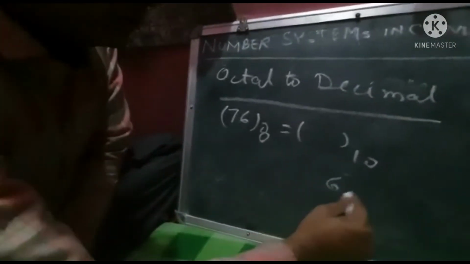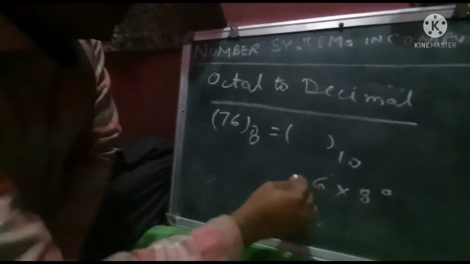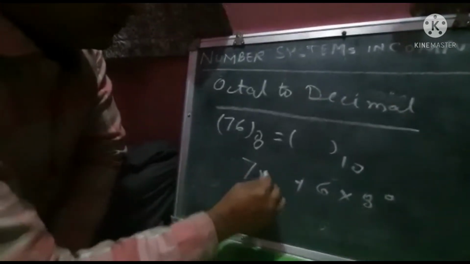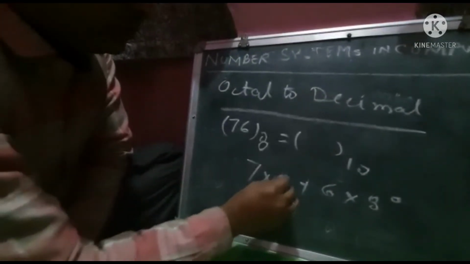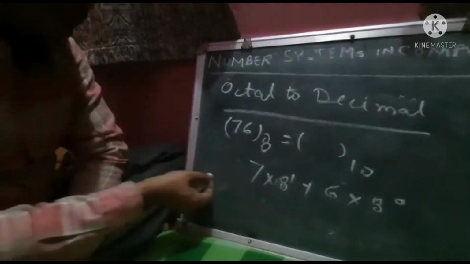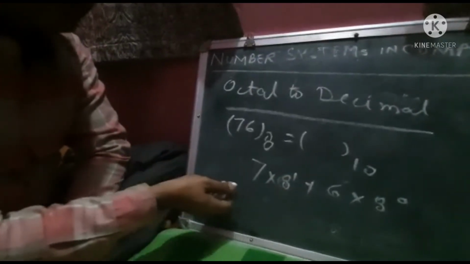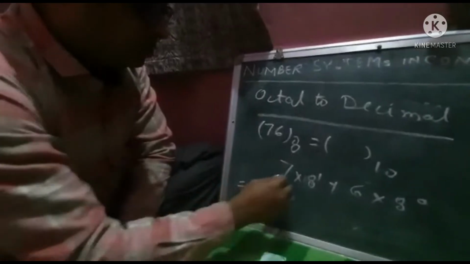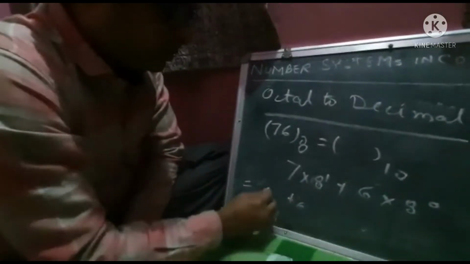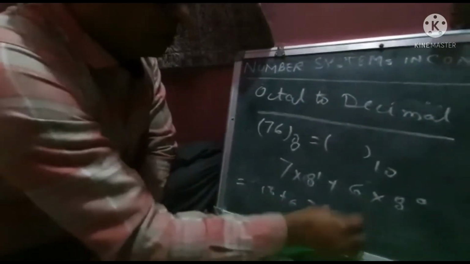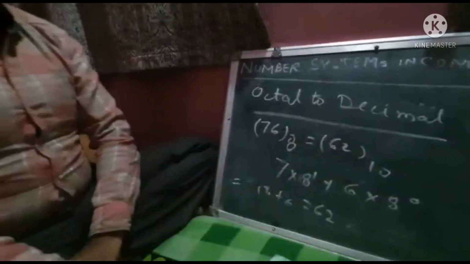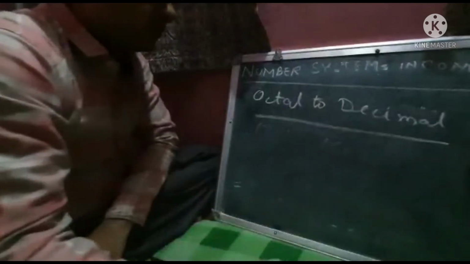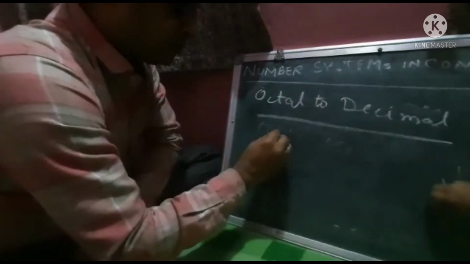We take 6 and multiply with 8 to the power 0. The next octal digit is 7, we multiply with 8 to the power 1, and so on. If we get more digits, we go on multiplying with powers of 8 in increasing order. So we get the result as 6 plus 56, which is 62. So this is equivalent to 62 in decimal. Now let us understand the conversion for the fractional part. Let us take a fractional number like